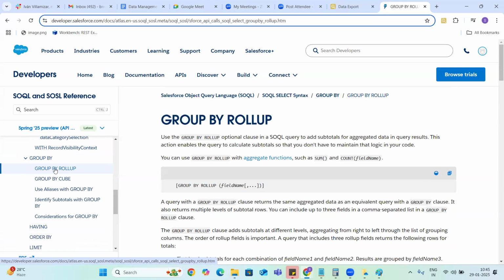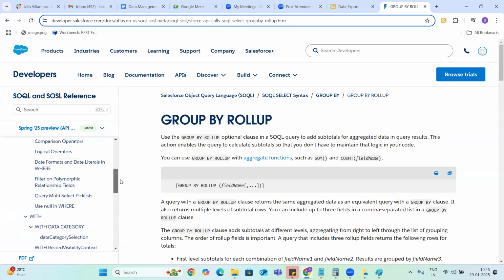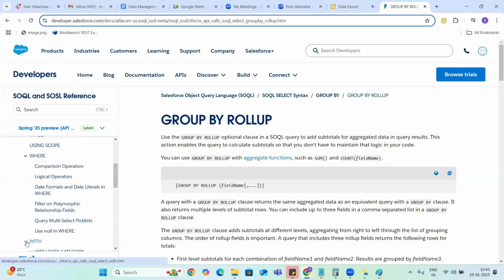Whenever we say roll up, we remember the aggregate functions like sum, count, minimum, maximum, and how to deal with those aggregate functions in SOQL queries. Before moving on to group by, guys, I would like to give you a small pause. Any questions on the where clause in SOQL queries? How to use the where clause?